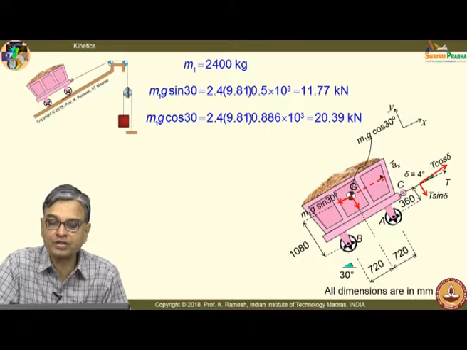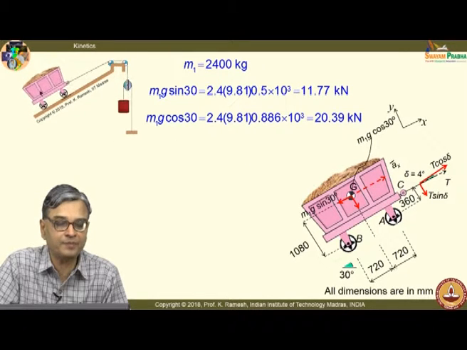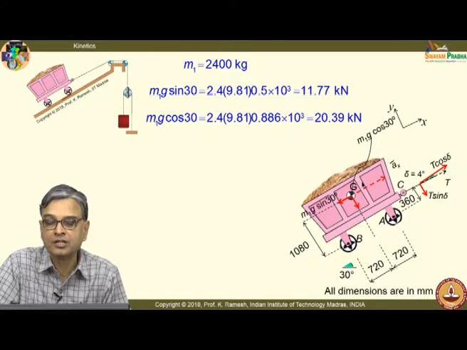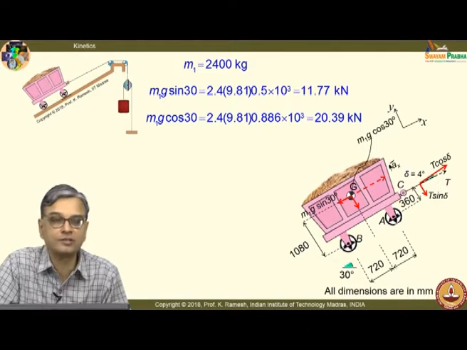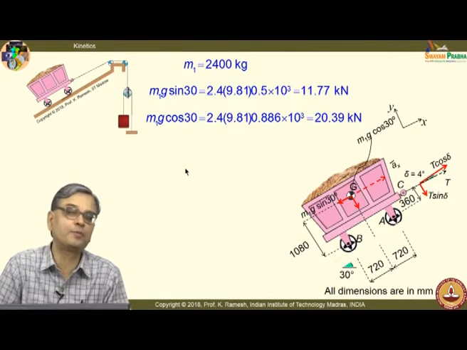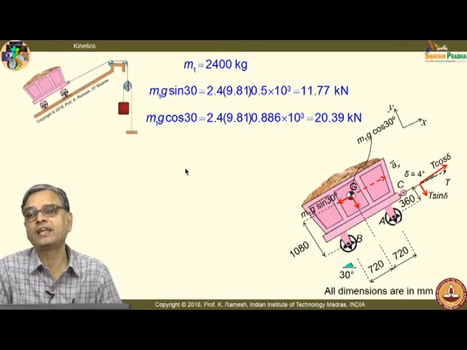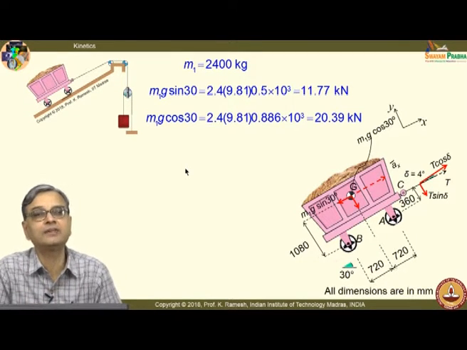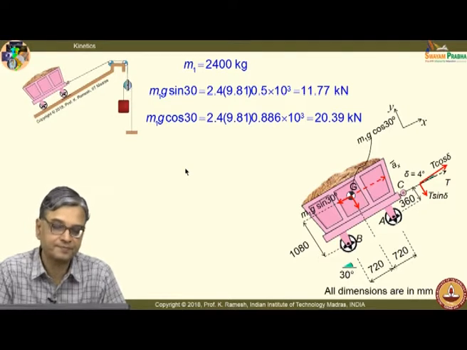In addition, you also know from the physics of the problem, the cart is moving up. So, the centroid has an acceleration. Since I have put this as x direction, I put this as ax, and I put a bar to indicate the convention that we are dealing with centroidal quantities.